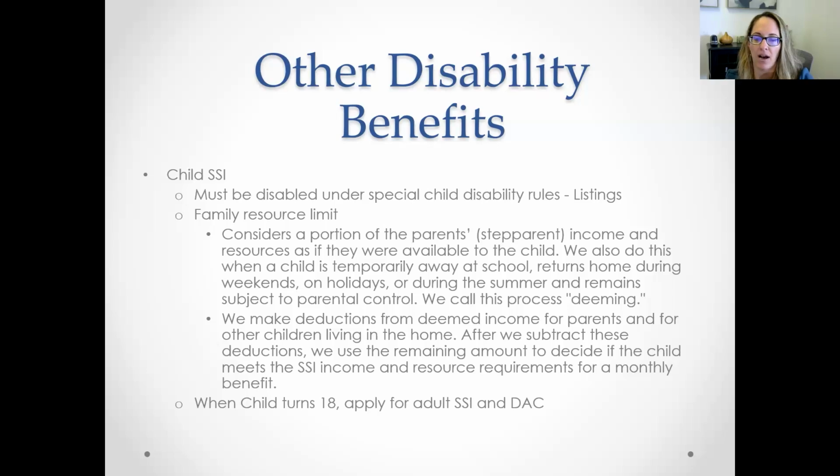When a child turns 18, if they've been disabled throughout their whole childhood, at age 18, some children automatically, depending on their condition, can start getting disability as an adult right away. Others go through an age 18 redetermination process, and Social Security will look: is this child, now that they're turning into an adult, still disabled? Or when looking at the adult rules, are they maybe not disabled anymore?